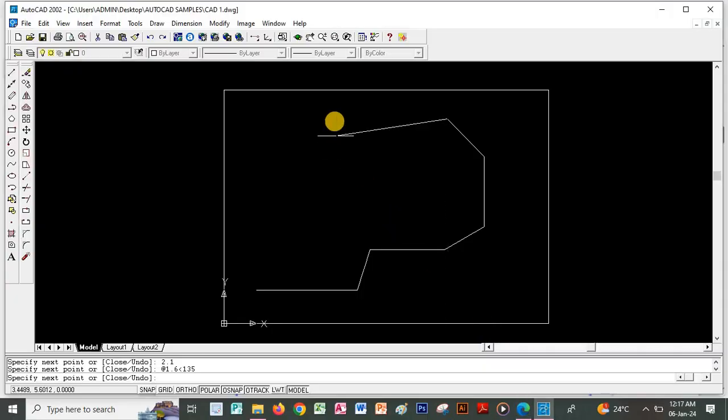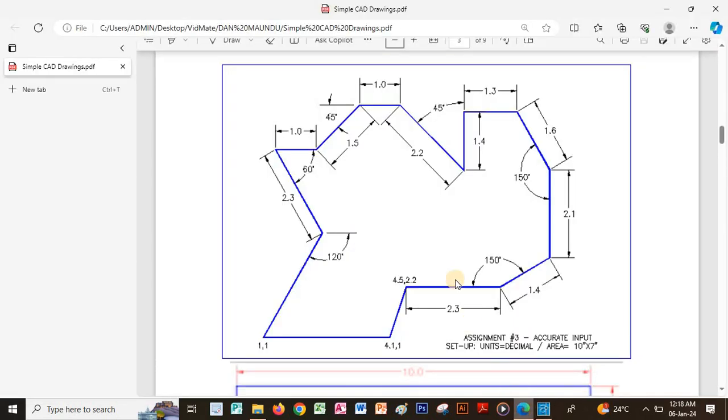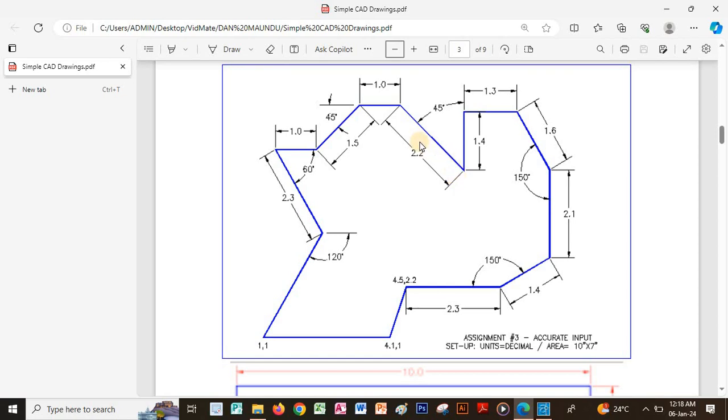So we pick a straight line, we write 1.3, we click enter, then coming down we have 1.4 and we click enter. After that you can see that we have another line here which has 2.2